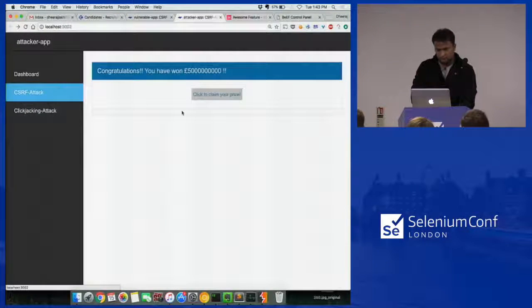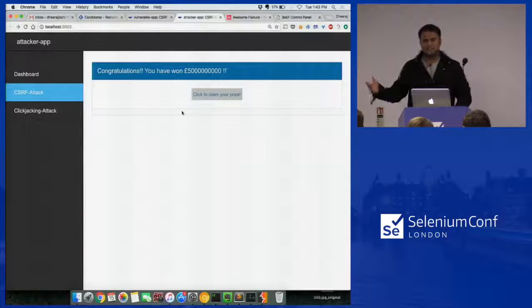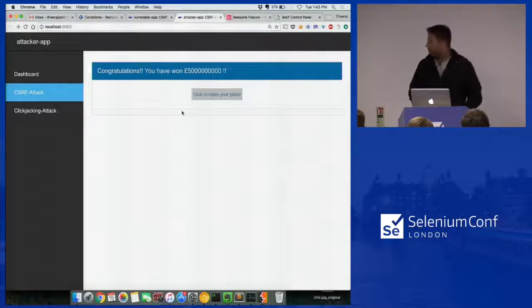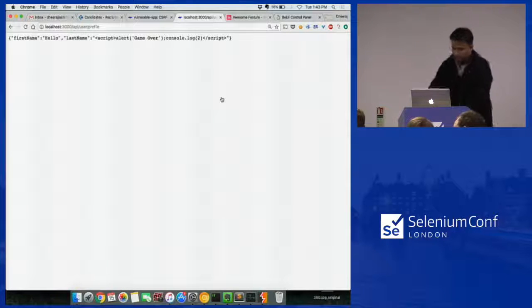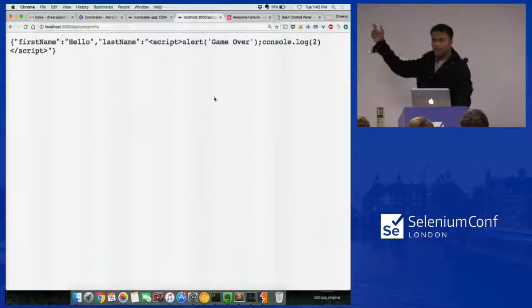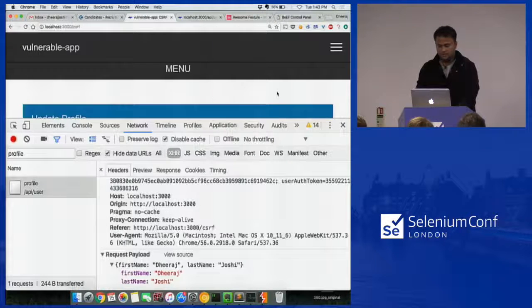You must have seen emails like that: "Congratulations," and I can't even count the zeros here. But if you send such requests to millions of users, probably some might fall for it. And if they click on that, what happens here is that I have performed a request on the other application, which was vulnerable to CSRF, and into the content I have loaded